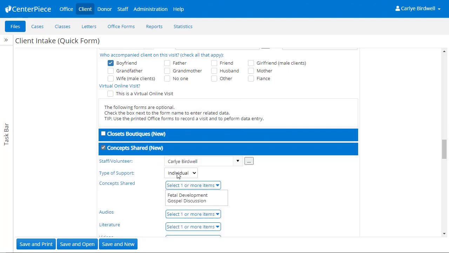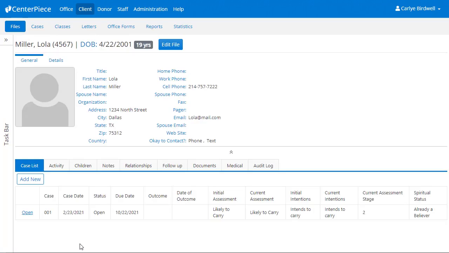As you can see, the intake process is much faster when using mobile intake. In addition to speeding up the data entry process, mobile intake also reduces data entry errors because I'm not having to manually enter data from paper forms. And the quick form allows me to review all of the information that the client submitted before saving it to her client chart. Okay, so once again, I'm going to click Save and Open, and we're taken into her electronic